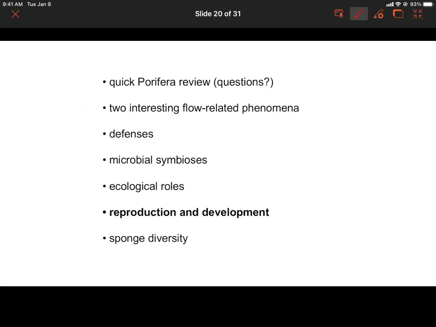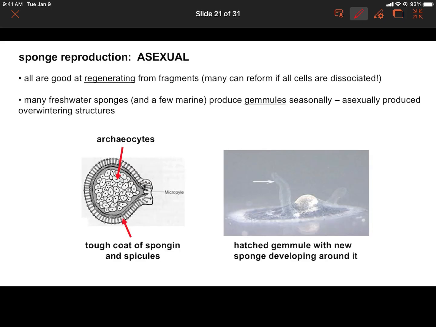Okay, reproduction is really interesting in sponges, and I just want to cover one aspect of it in detail. Sponges are really great at regenerating from fragments. You've even heard stories, I'm sure, of people taking sponges and passing them through a mesh and breaking them up into individual cells, putting that in a container, and those cells may crawl back together and actually form an intact sponge. That only works in a few species, actually, but all of them are pretty good at regenerating from fragments